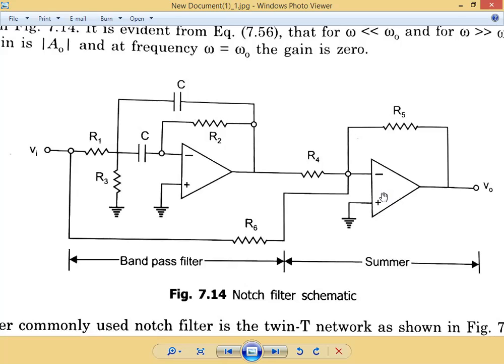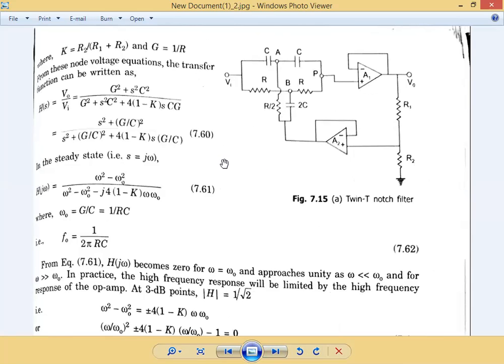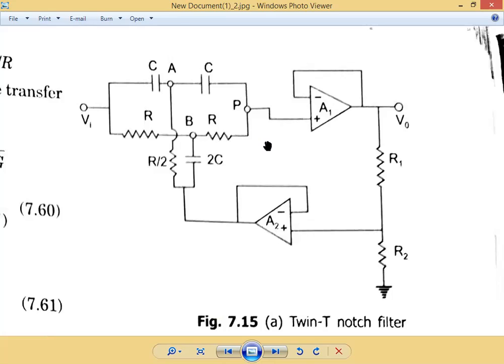That is what we are going to see now. So this is a twin T network notch filter,